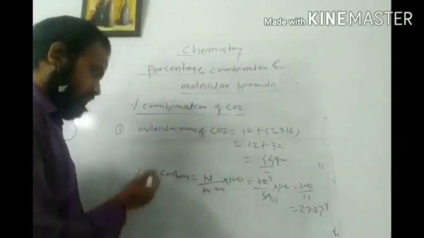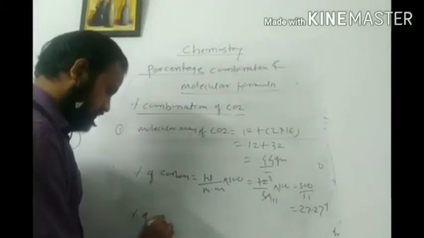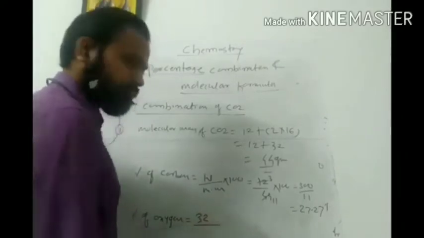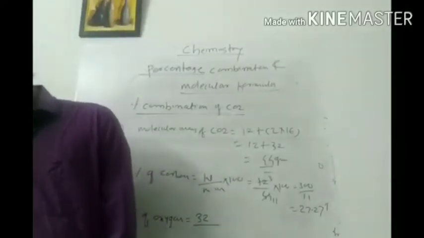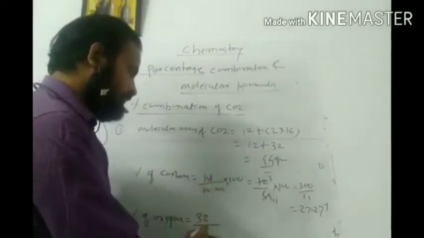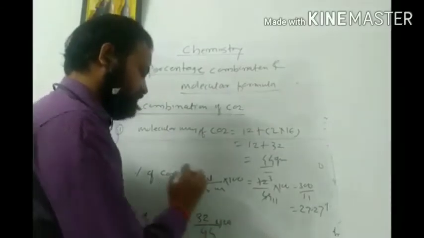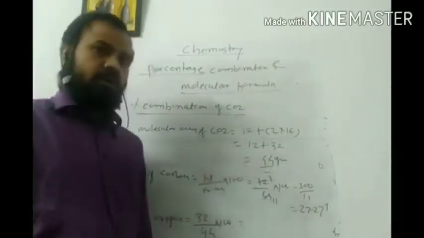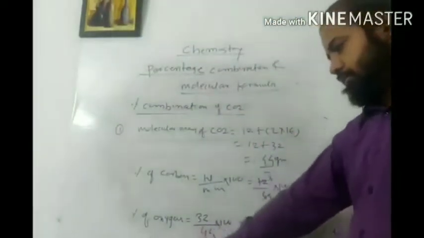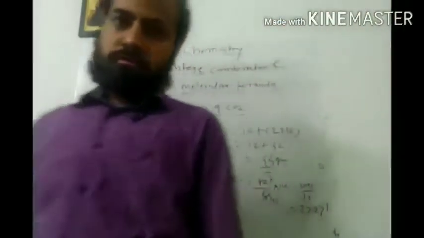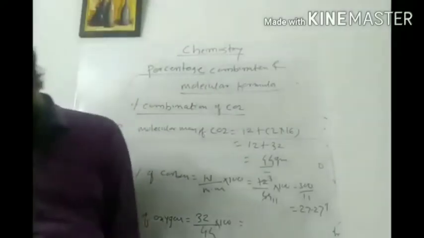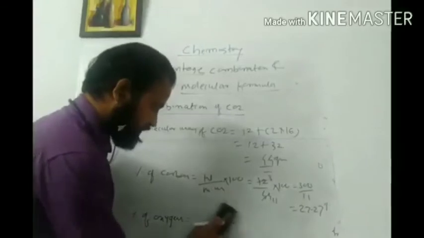Now we will discuss the percentage of oxygen, which is equal to, again the weight is 32, isn't it? Total 2 atoms are there, divided by 44 into 100. If you simplify it, you will get this answer. Or instead of this, you can use a simple trick. I will give you one simple method. You need not go for the second atom inside the compound. I will just write this and I will tell you how to calculate the percentage of oxygen in an easy way.